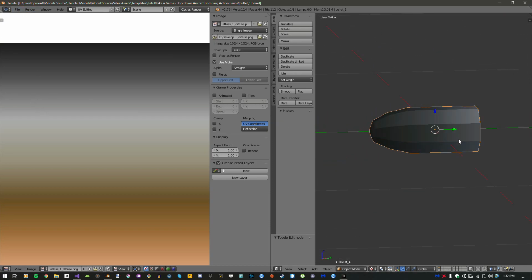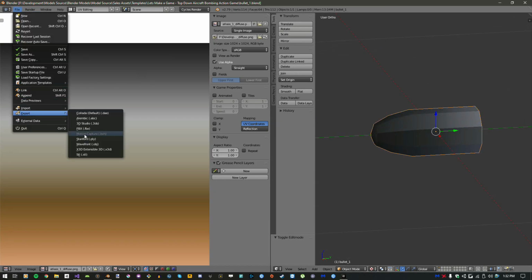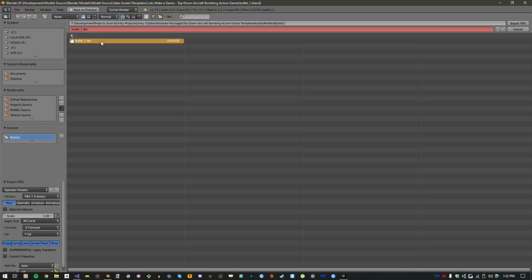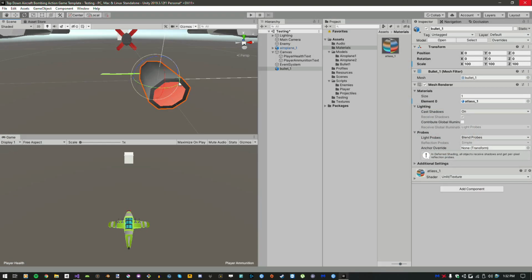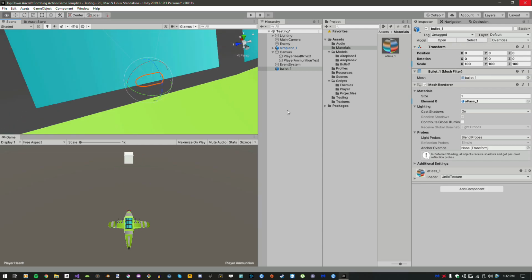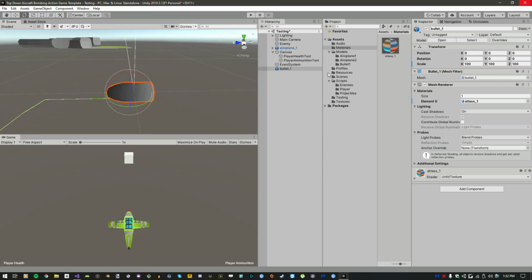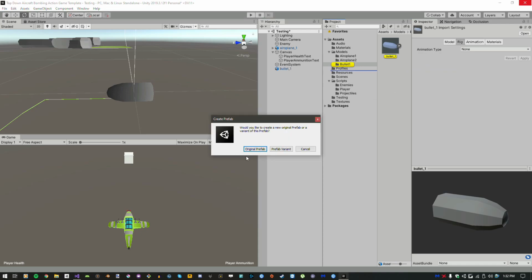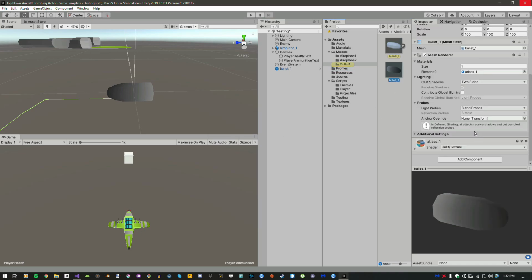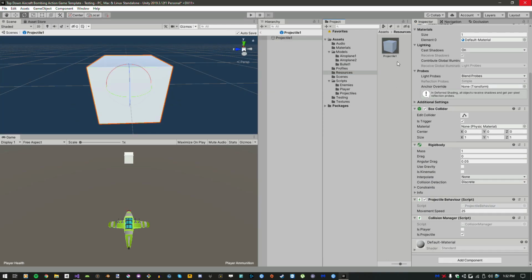Okay. Got a nice gradient effect going. There we go. Looks a lot better now. Okay, that's the model for our bullet. Let's just save this. Yep. And then we need to define it as a bullet, so